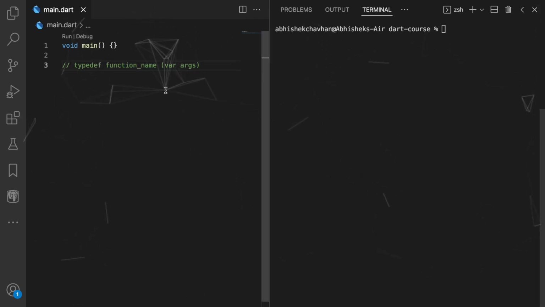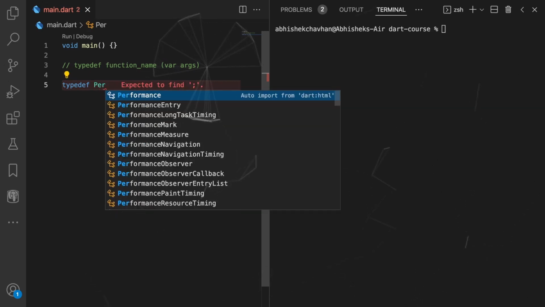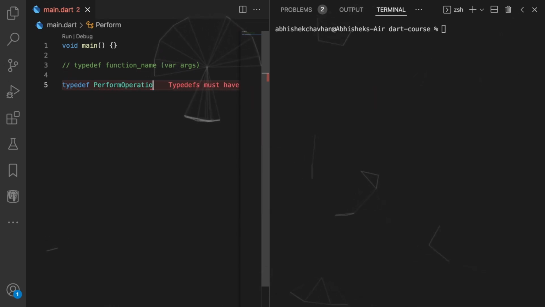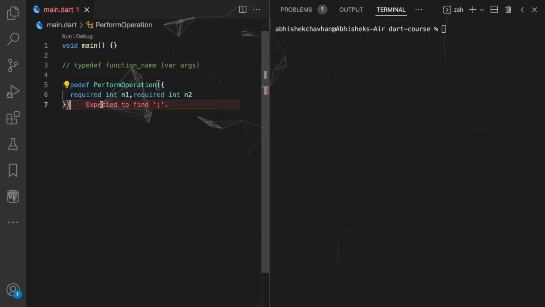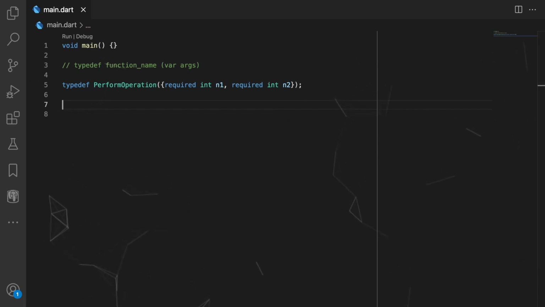So now let's try to include a new function name and see how we can use it as a function of typedef. I'll simply create a new typedef. Let's call it PerformOperation. We will be requiring two different arguments right here, and that's it. This will be our entire decorator for our function of perform operation. Now bear with me, this thing might look somewhat jargon. Right now I'll create different functions known as subtraction, addition, division and multiplication. Four different functions.